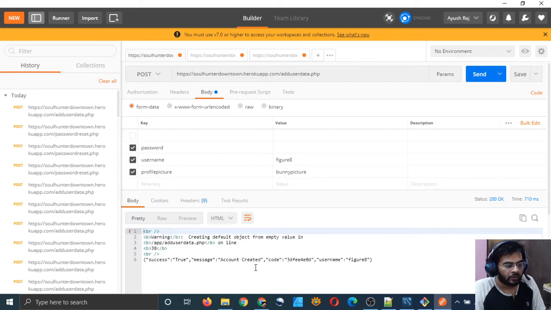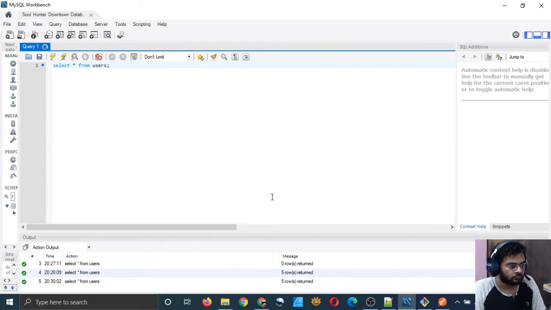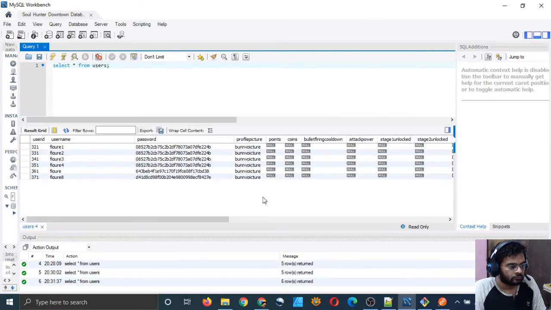It will still say account created. It will create my account. And it gave me a hash code for, I guess, the null value. That must be the hash code for null value, whatever.